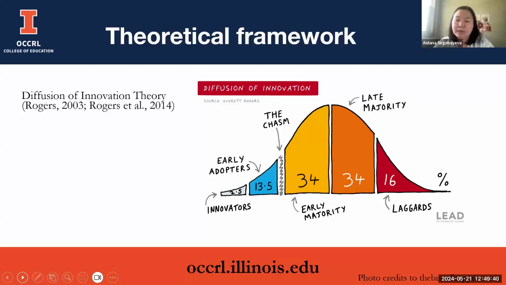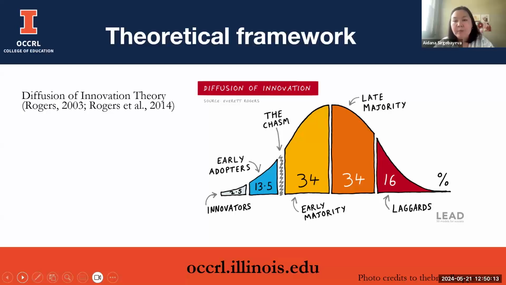The rest of the 3 categories, early majority, late majority, and laggards, are the majority of the people who usually do not tend to move quickly when they see innovations. And this chasm characterizes the concept that there should be a time spent before an innovation is introduced, and people should try and test it and see whether that innovation actually impacts the success of any activity